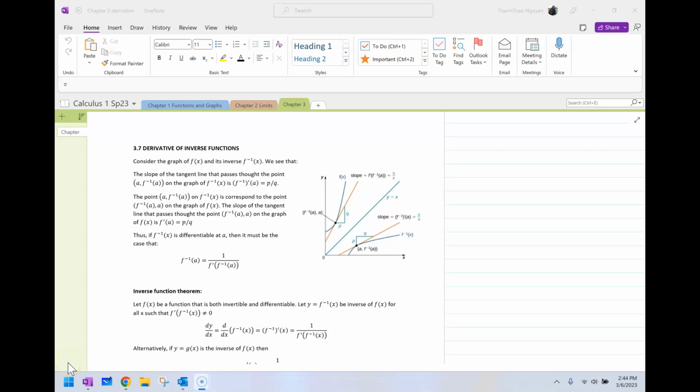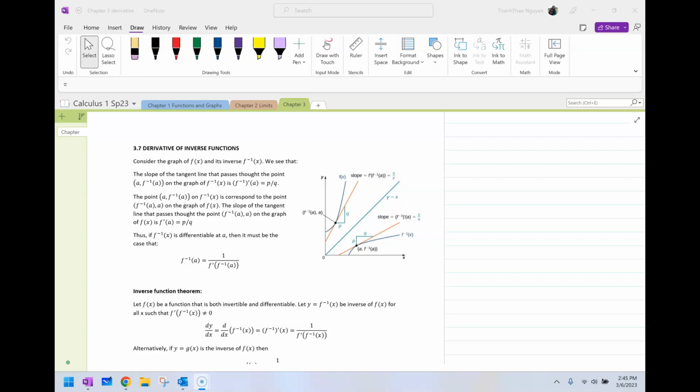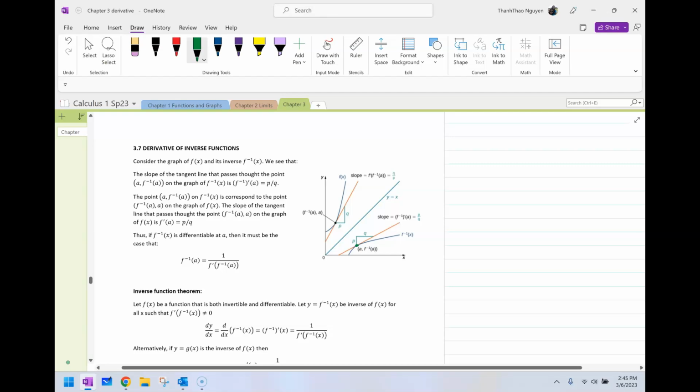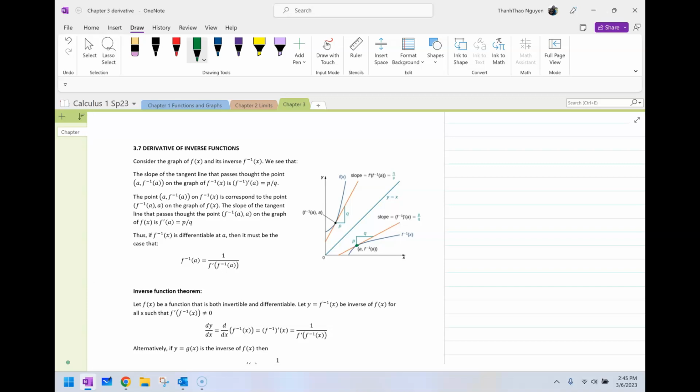Consider the graph of f of x and its inverse, f inverse of x. We see that the slope of the tangent line that passes through the point A, f inverse of A, on the graph of f inverse of x is P over Q. So recall